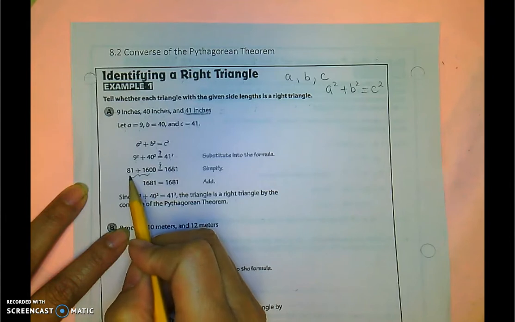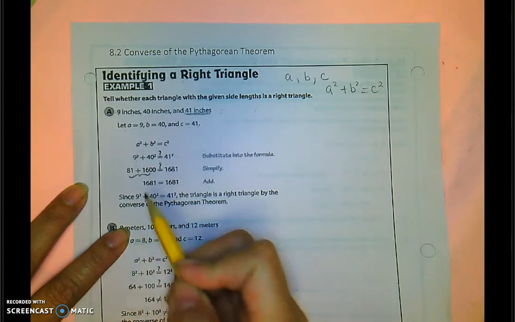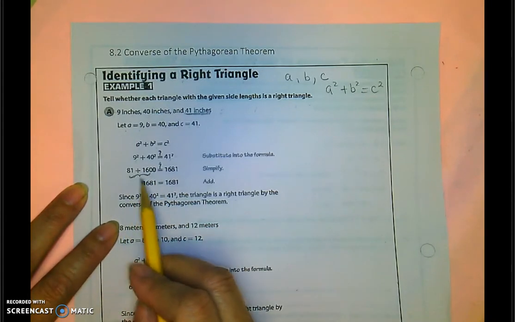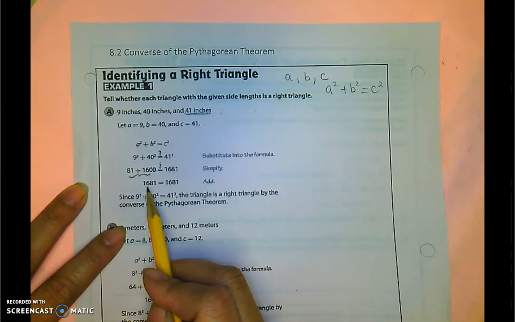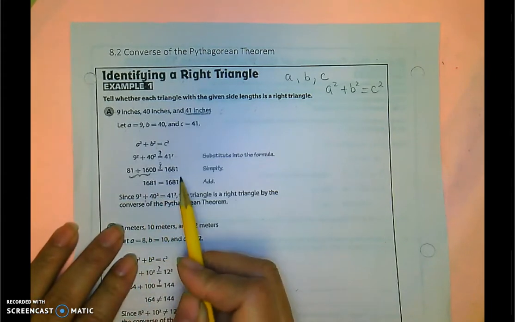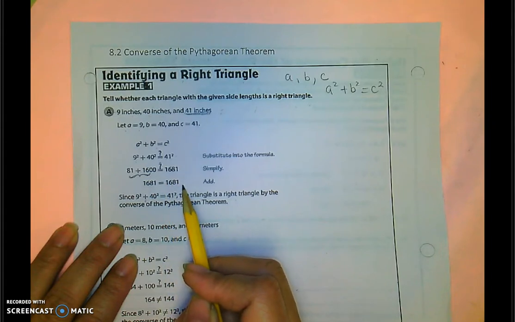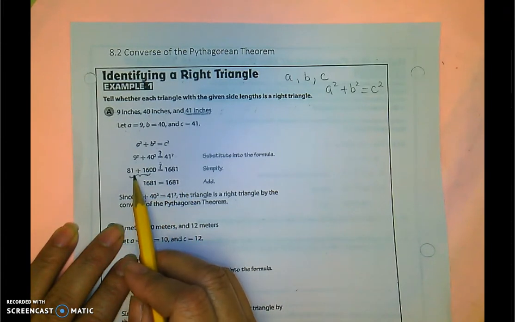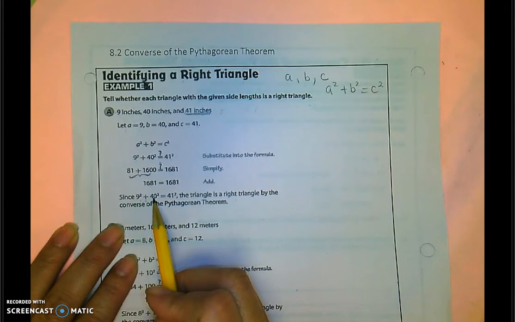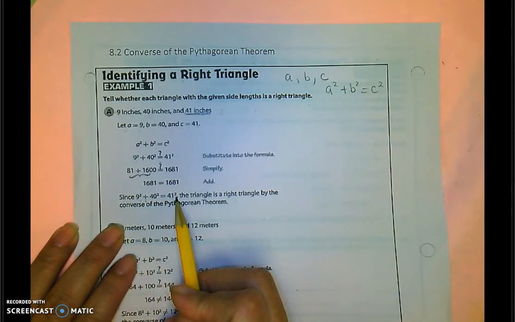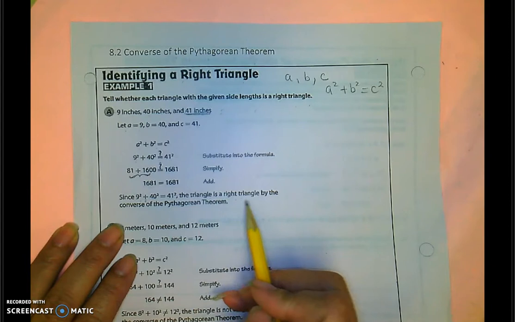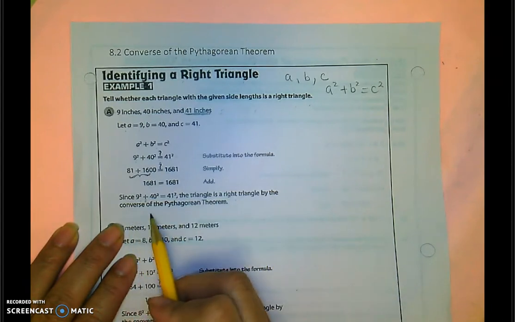Now we add 81 to 1600, which equals 1681. On the right side is also 1681. Since 9 squared plus 40 squared equals 41 squared, the triangle is a right triangle by the converse of the